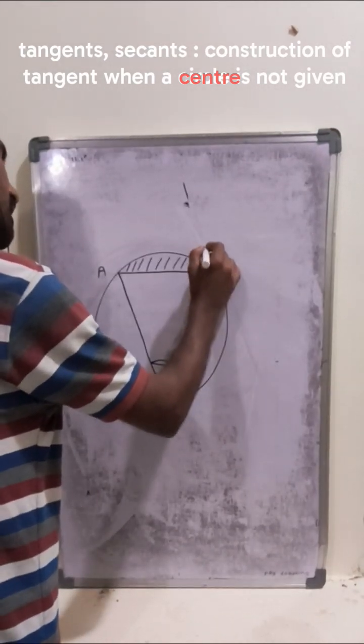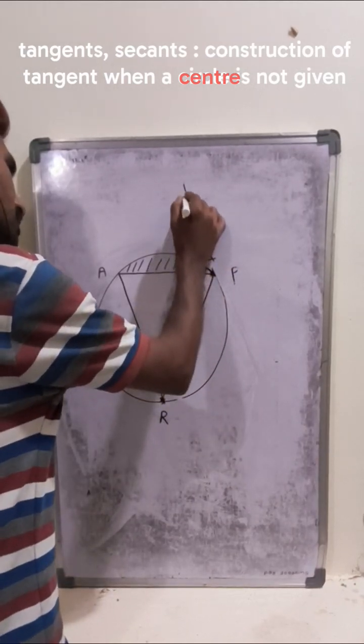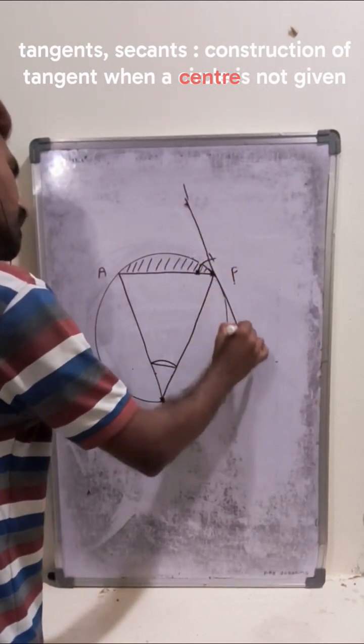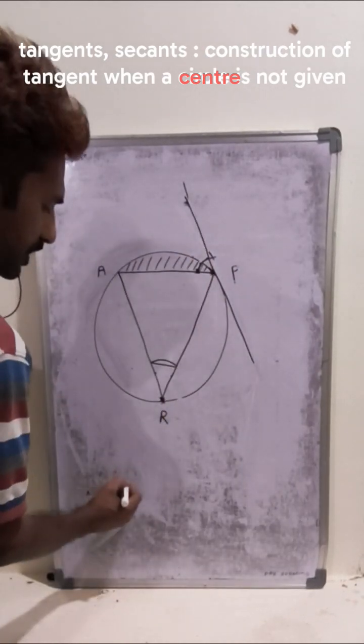So this is the arc. Now adjust this one and draw an arc here. Now you draw like this. It is going to give a copy of the angle. Do you know how to copy an angle? For example, here